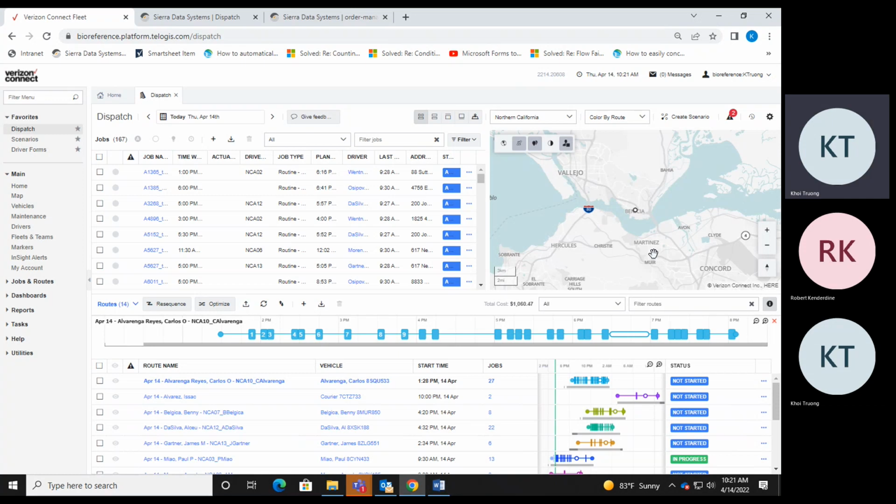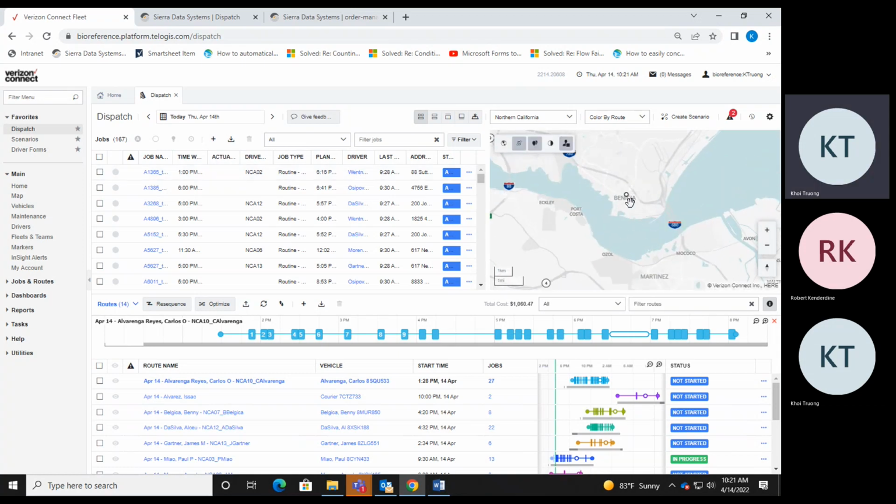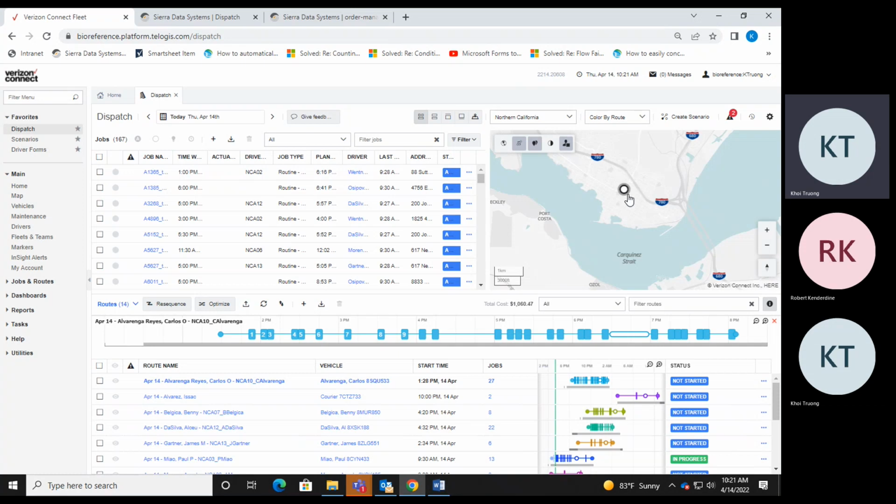Now, one thing to keep in mind is that every job and every account that we add into the system as an on-call, so when we create that job through here, will always come in unassigned. And unassigned jobs are represented by this white circle here. And you'll see that if I click on this eyeball here,